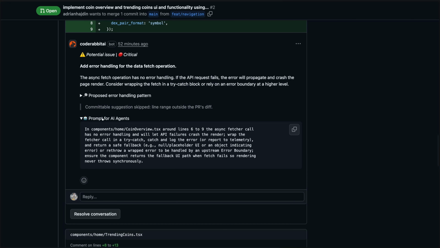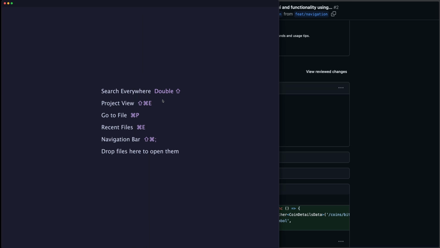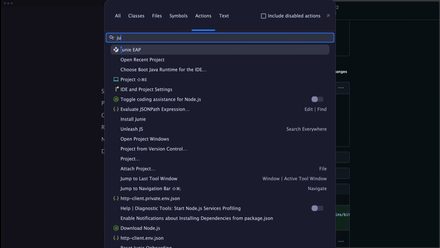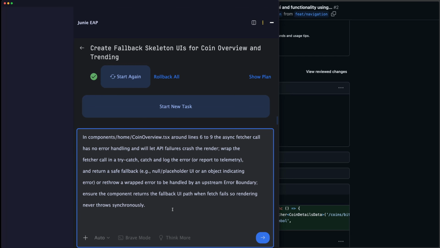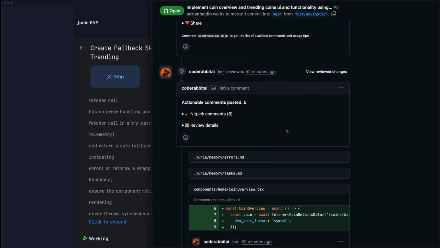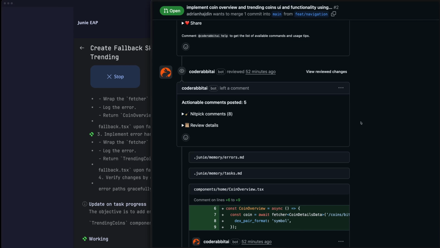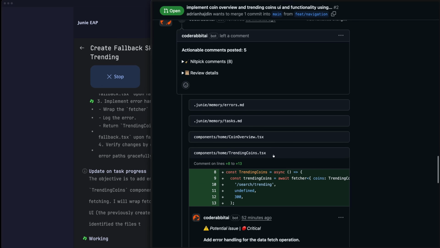This is great, so we can actually use a prompt that they suggested to try this out. And back within the code, I'll just open up Junie, paste it in, and then I'll say also do the same thing for trending coins, because we know that the same issue is happening there. Now, while it's solving the issue, we can take a look at the other issues that we have right here,